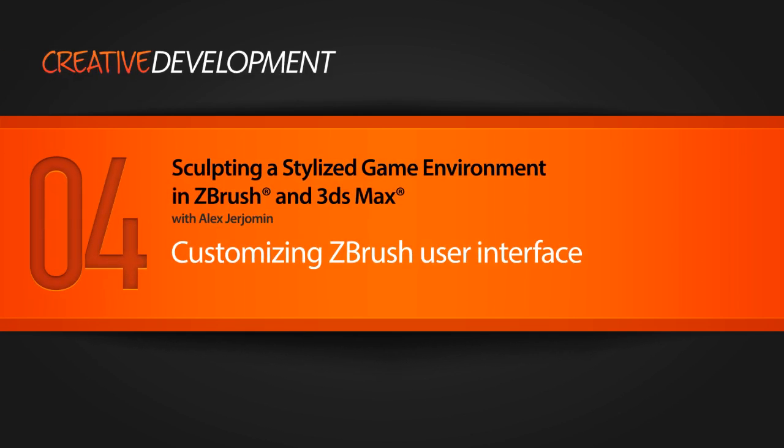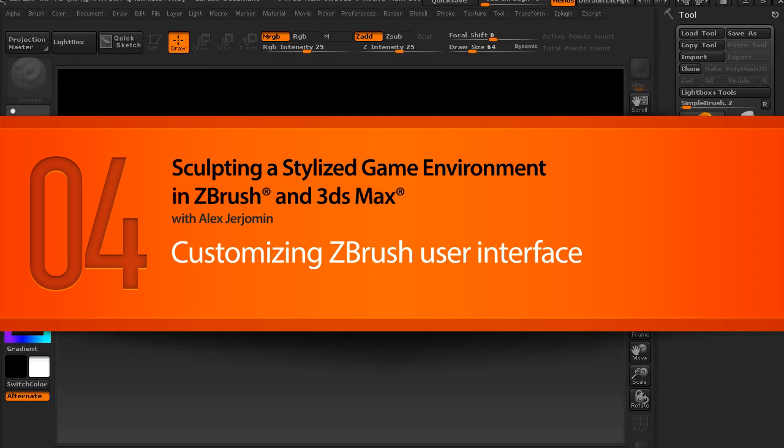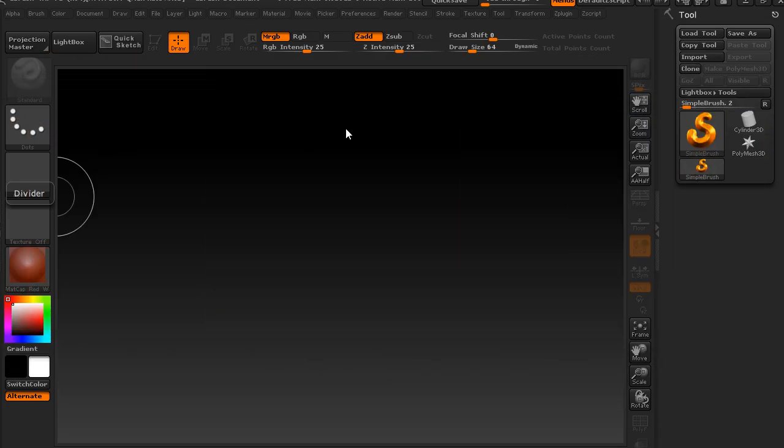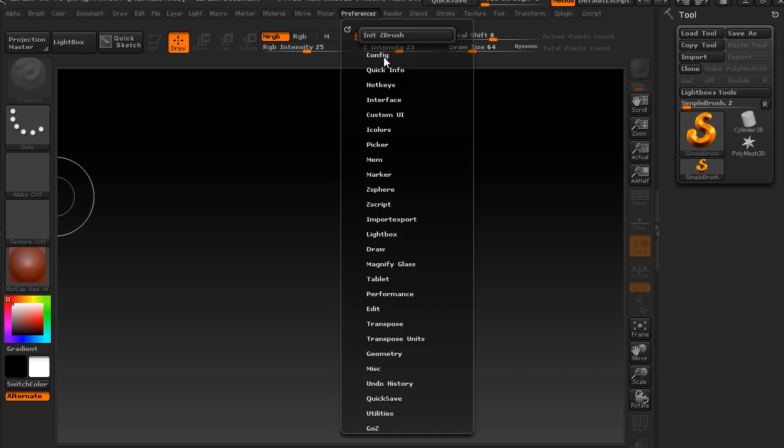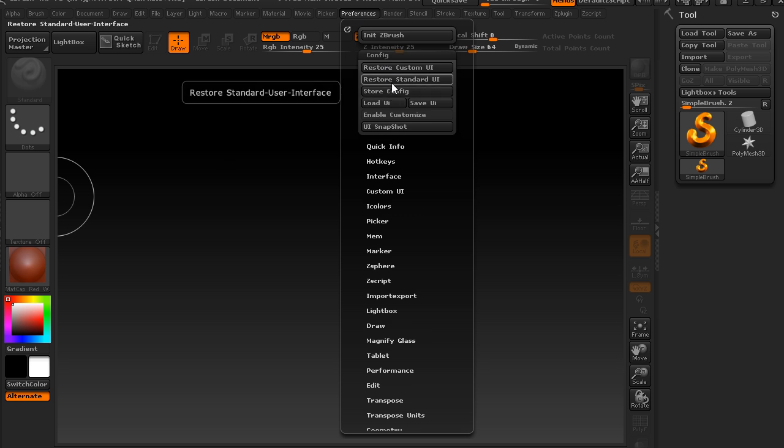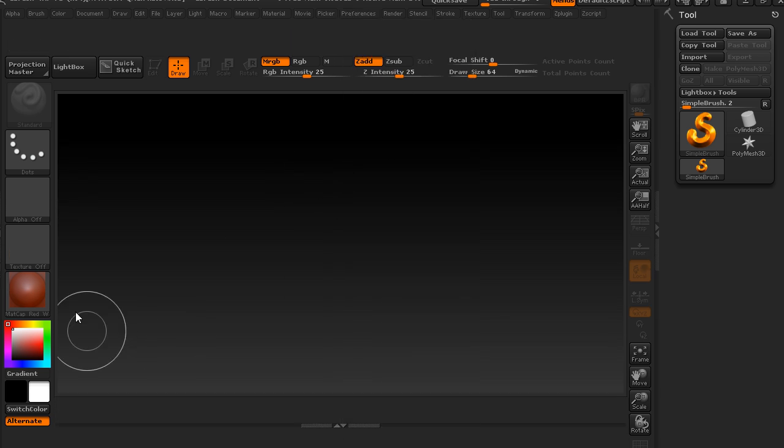In this tutorial, I want to show you how I customize my ZBrush layout. Here I got my ZBrush opened, and it's quite comfortable by default, but I always prefer to change some things around. So I'm just going to go to Preferences here, Config, and Enable Customization. And so the first thing I really want to do is just start getting rid of things I do not need,